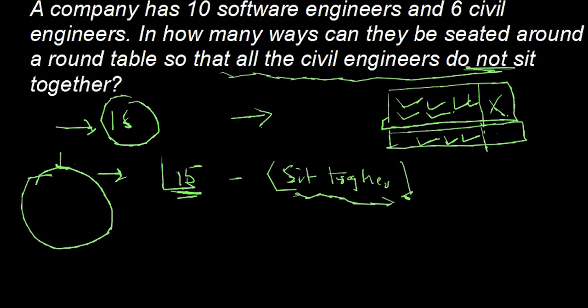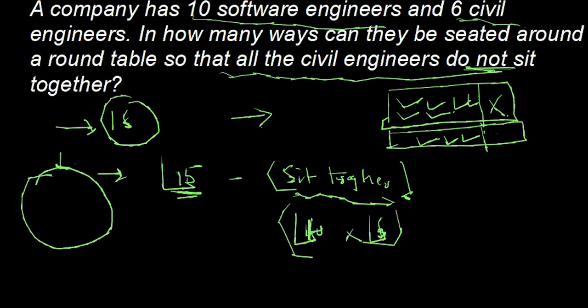ओके, सो हाउ कैन दे सिट टुगेदर? 10 software engineers and 6 civil persons are there. So in how many ways they can sit together? They are sitting on a circular table, so it is factorial 10, okay, and multiplied by factorial 6. So what will be your final answer? It is factorial 15 minus factorial 10 into factorial 6, so that is going to be your answer. Okay,